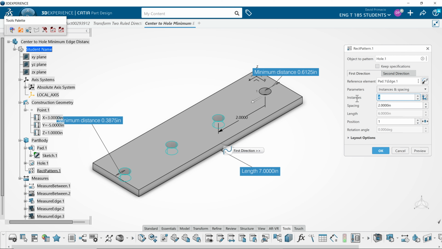So again, the formula is length minus 2 times ED divided by number of holes minus 1. So that's your formula. So let's try this formula